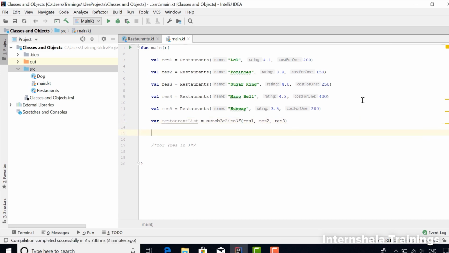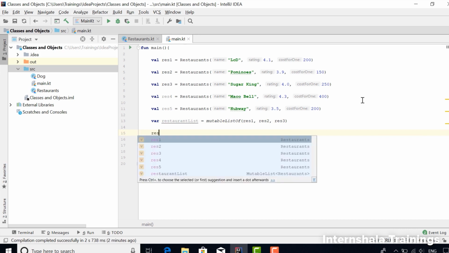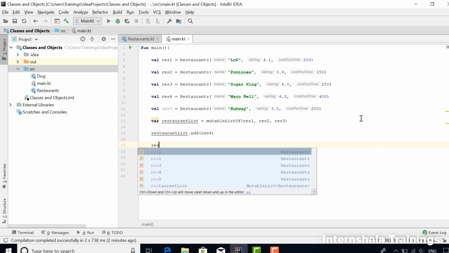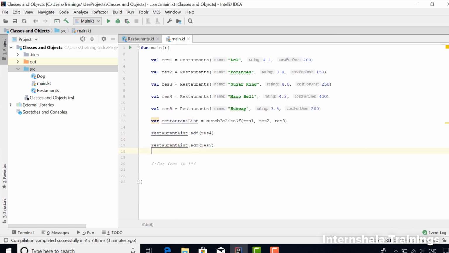Let's store 3 right now. And let's use the add function to add the other 2. We could have mentioned all 5 here itself, but we did this to help you revise the concept of adding elements to a list. Now our class is a data class, right? So if we print the list, it should give the data of all the objects. Let's use the print statement and pass the list name inside these parentheses.